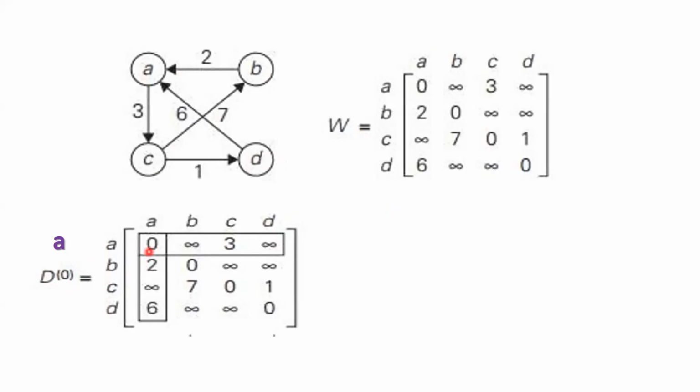As in the previous algorithm we had discussed, Warshall's algorithm, we will be considering A as the intermediate vertex, and we will be freezing row A and column A. We'll be looking for the other elements, and in this, all the diagonal elements remain 0. But in Warshall's algorithm, it must be checked for path existence. If there is a loop here, of course we'll indicate it, but the given diagram does not contain any self loop. There is no path from A to A, and hence it remains 0.